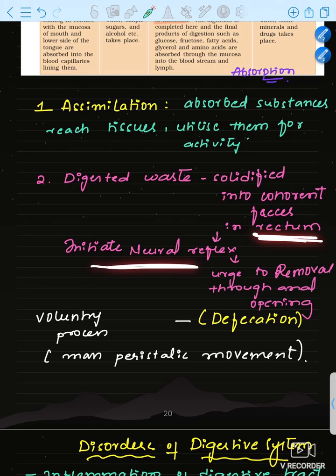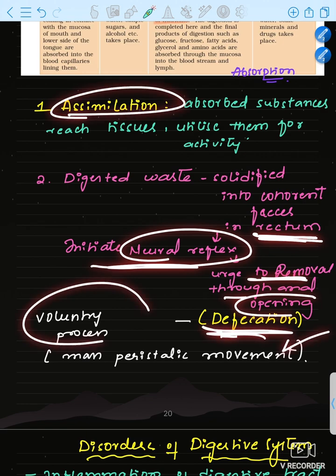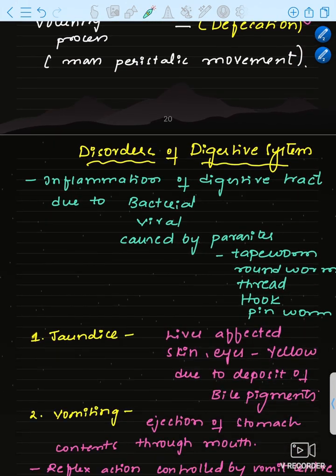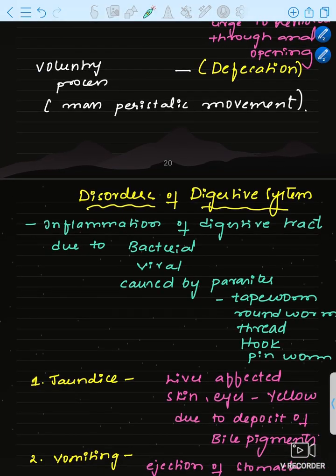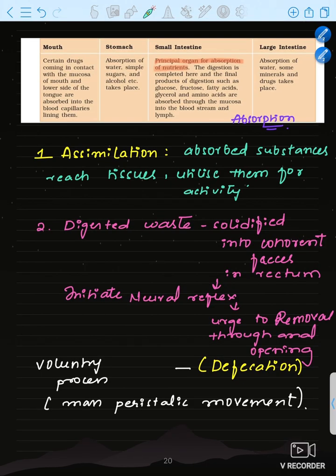If the neural reflex is initiated, there will be an urge to remove it through the anal canal. That is called defecation. This is assimilation, this is defecation, and defecation is a voluntary process, not involuntary, by mass peristaltic movement. Okay, so we came to an end with all the parts of the digestive tract, digestive glands, and